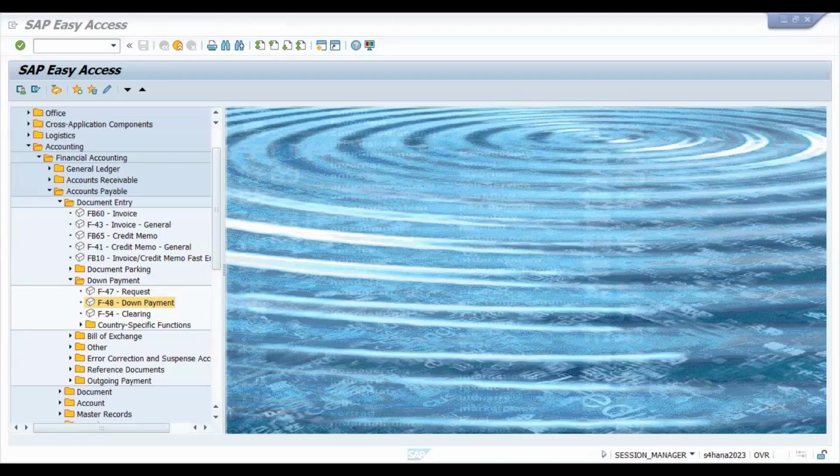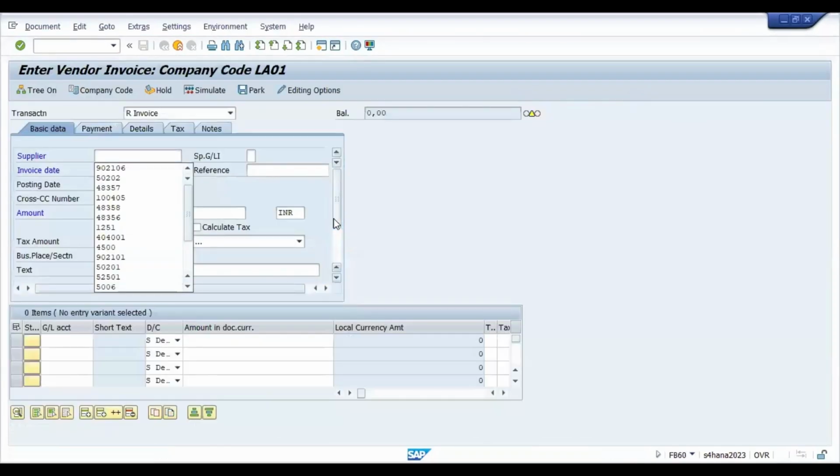Partial and residual payment will come into the picture whenever you are posting payments less than your invoice amount. Say, for example, I'll go to FB60 first. Okay, and in FB60,